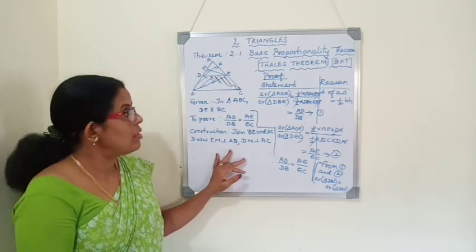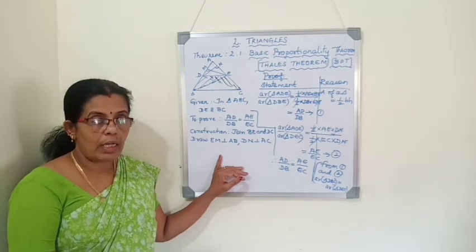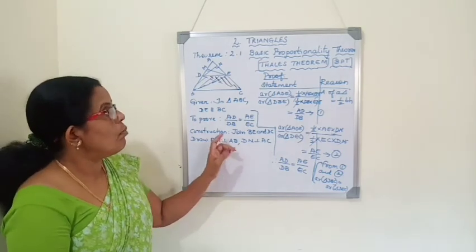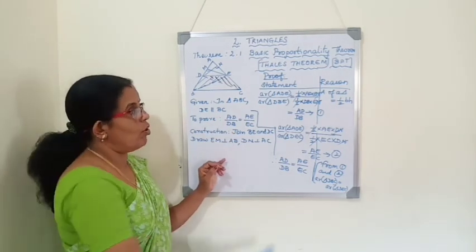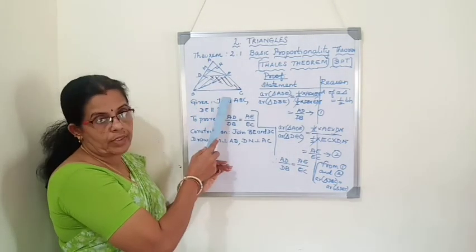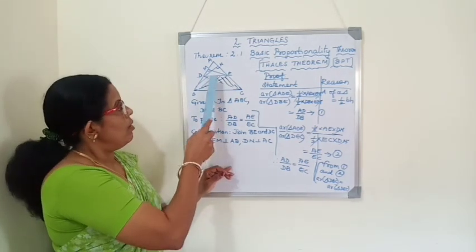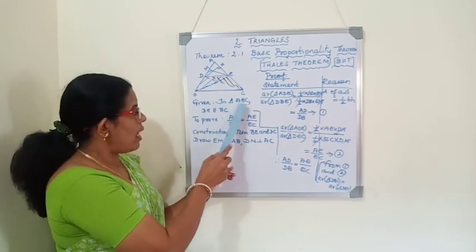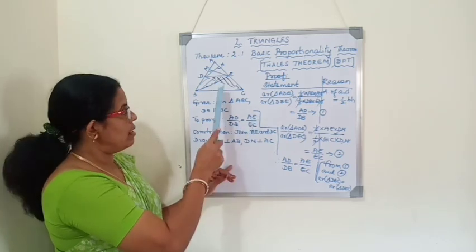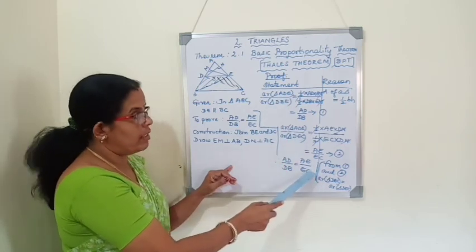Then we studied similar triangles. Two triangles are said to be similar if their corresponding angles are equal and the sides are in the same ratio or in proportion. Then we studied the important theorem, the basic proportionality theorem or BPT. In any triangle, if we draw a line parallel to one side of a triangle, the line will divide the other two sides in the same ratio. So here, given in triangle ABC, DE is parallel to BC, we have to prove that AD by DB equals AE by EC. We have to do the construction. Two times you have to take the ratio of the triangles and we will get the answer.